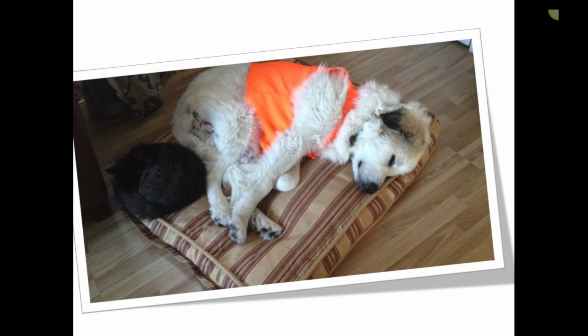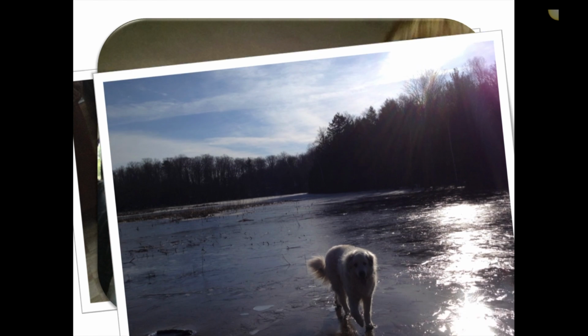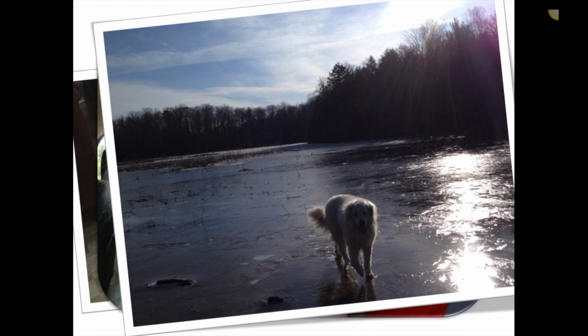So this was our beast of burden. This was Leia, and then this is Piper. Piper's the one that you guys probably hear. She sounds like Darth Vader in the background sometimes, but this is Leia, so I'm just gonna bore you with pictures of my beautiful beast. And that was after her first TPLO surgery, and the hair is only just starting to grow back. She was a good dog. She is again. And then lastly at the cottage, walking on thin ice, as she did.